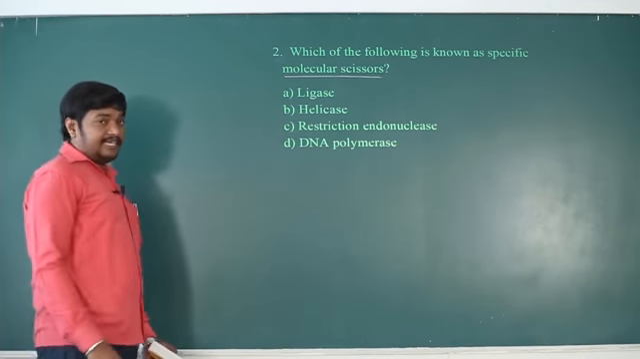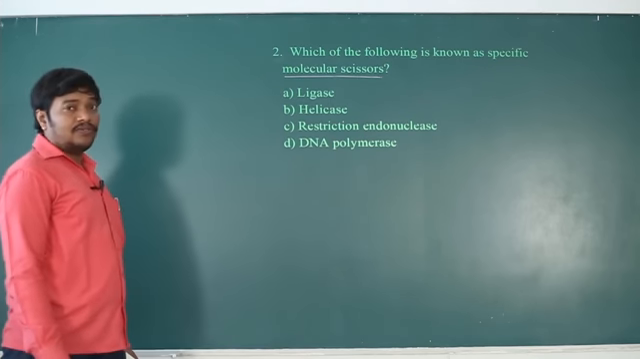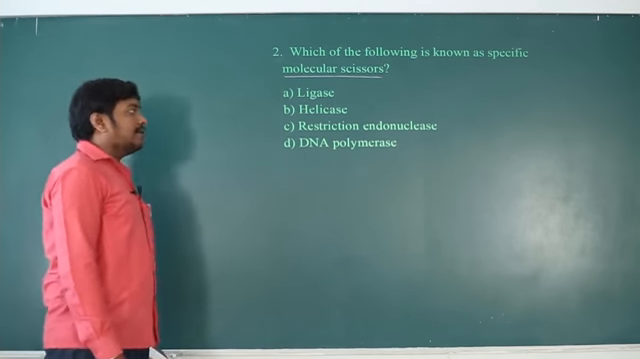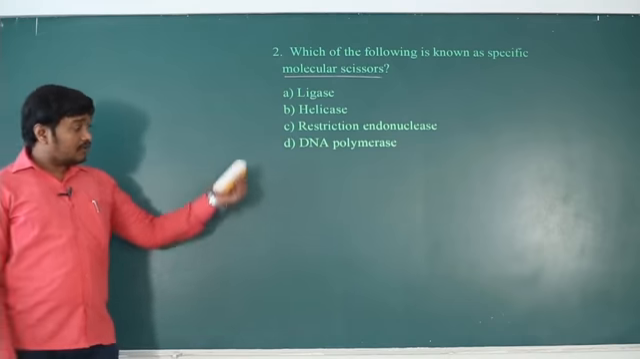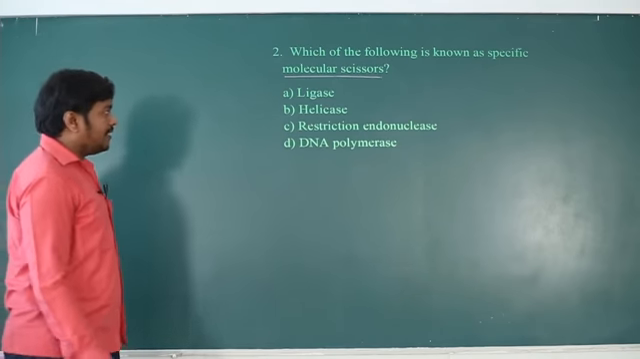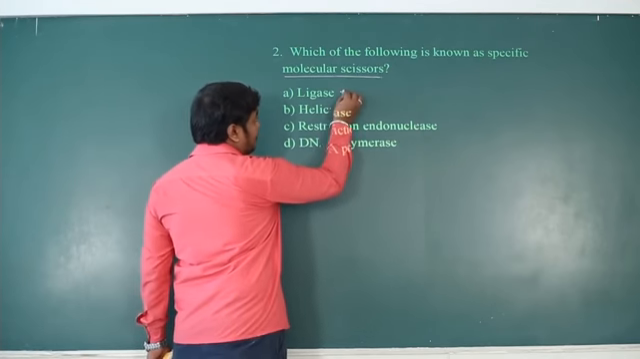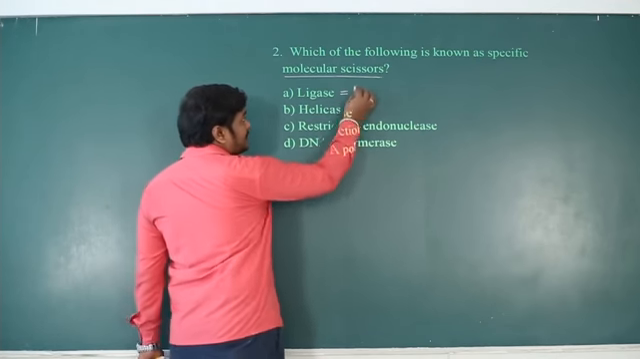Ligase is an enzyme, helicase is an enzyme, restriction endonuclease is an enzyme, DNA polymerase is an enzyme. So all the options contain enzymes only. Then let's see the functions one by one. So ligase is an enzyme. It is called as